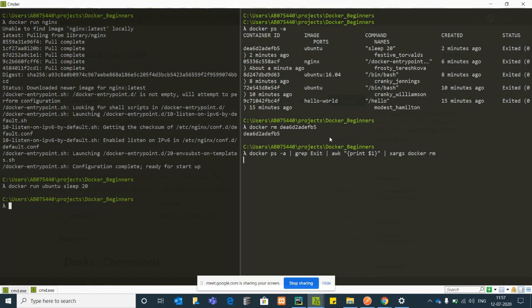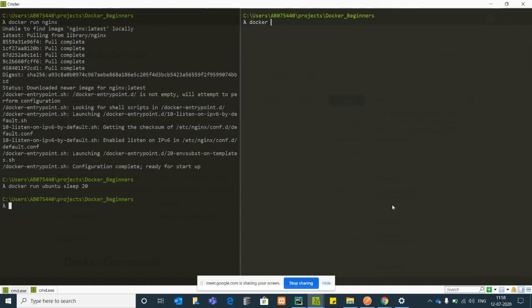Now you can see here, I have deleted all the containers that are in the exit state. Here is the first command that displays all the containers. Grep is basically to search the containers with the exit status, and awk print $1 is because I want to delete the containers with respect to this container ID. So I have used print $1 over here, and xargs docker rm is the same command that we use to delete the Docker containers. Okay, it deleted all the containers now.